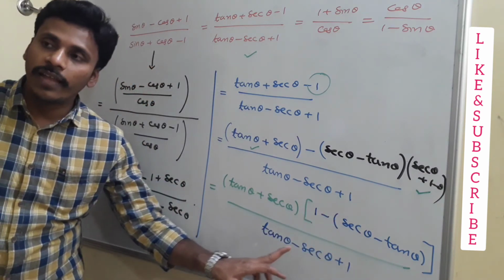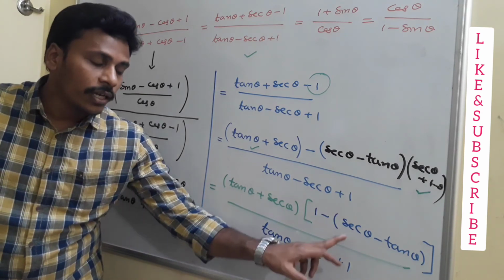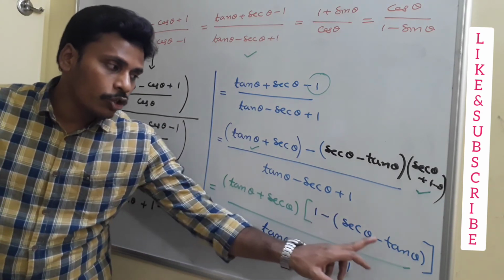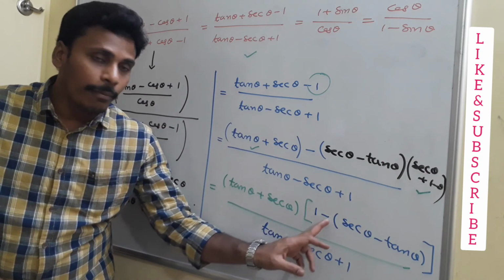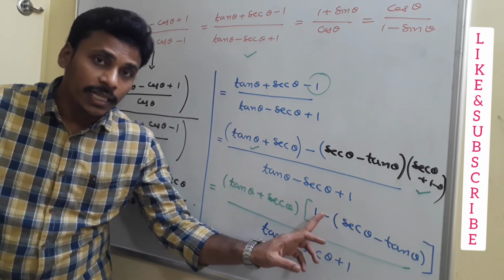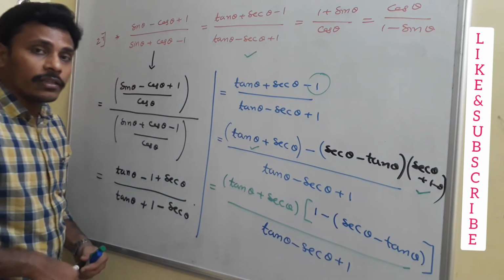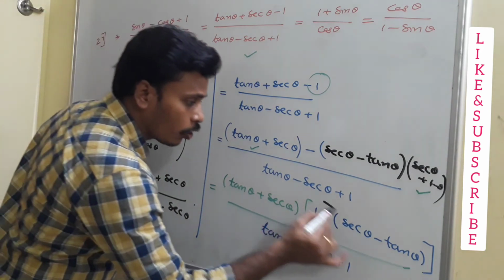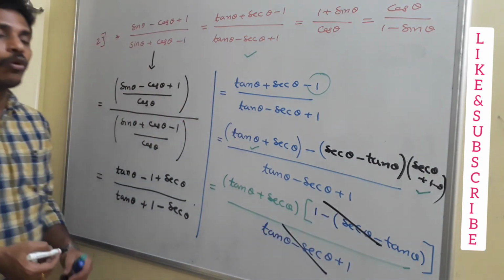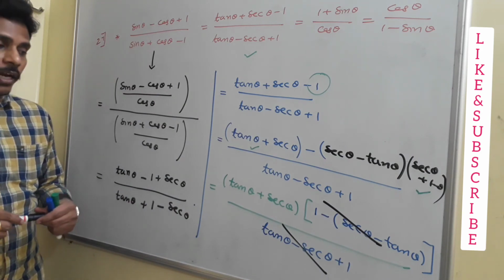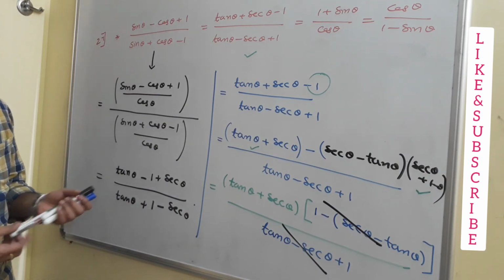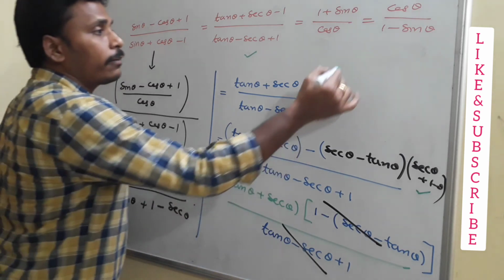This denominator is tan theta minus secant theta plus 1. This bracket is also, minus of minus is plus, tan theta minus secant theta plus 1. In the sense, this bracket as well as the denominator both are same. That's why I have a chance to cancel out these two terms. Both are same, numerator and denominator. If I cancel out these two terms, what do I have? I am left with